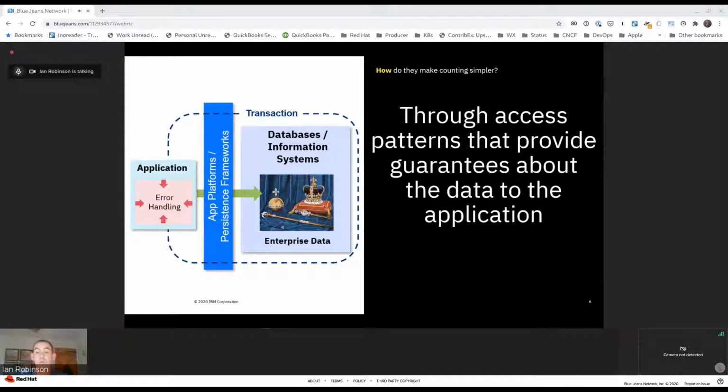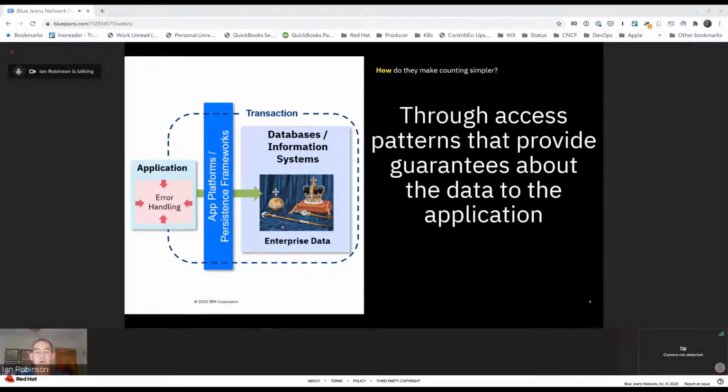The transaction models that we're going to talk about are provided by those information systems and the application platforms to constrain the way in which the applications interact with the data, in order to reduce the complexity of the error handling that the application has to provide around its data access, leaving the app devs to focus just on the business logic. So I've got a repeating theme through these slides where I've got applications represented by blue boxes, and a large part of those applications, again, whether it's 90% or slightly less, represents the error handling.